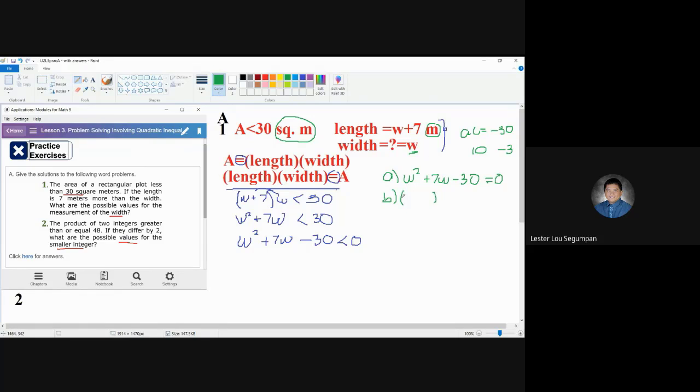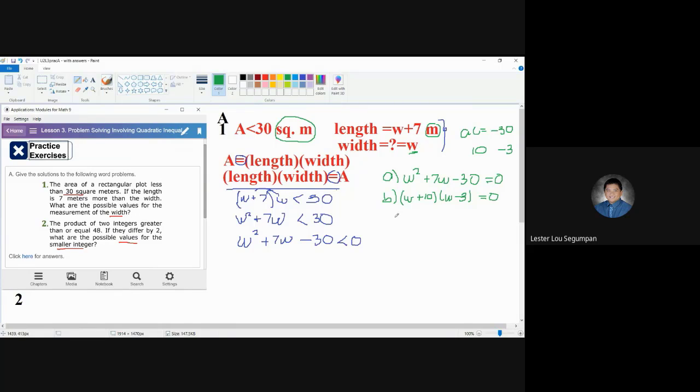Therefore, we are going to pair it with W equal to 0. That's positive 10, so W plus 10, and minus 3, W minus 3. Now that we have these factors, by the way, if you're not sure, you can just simply check using the FOIL method. W times W is W squared. W times negative 3 is negative 3W. 10 times W is 10W. So you have negative 3W plus 10W is 7W. And then 10 times negative 3 is negative 30. By the way, we are just using here W because that is the best representative for the width. Symbol for width is W.